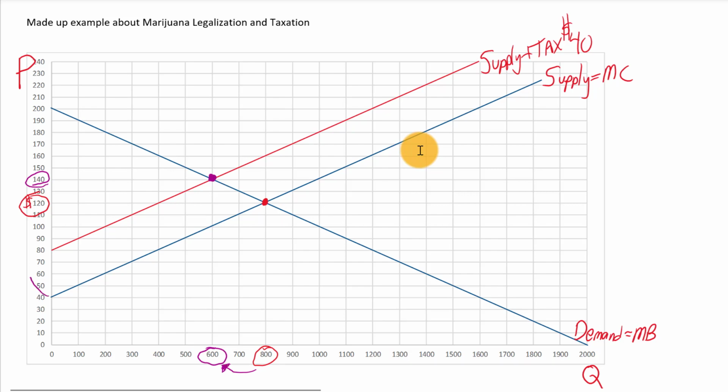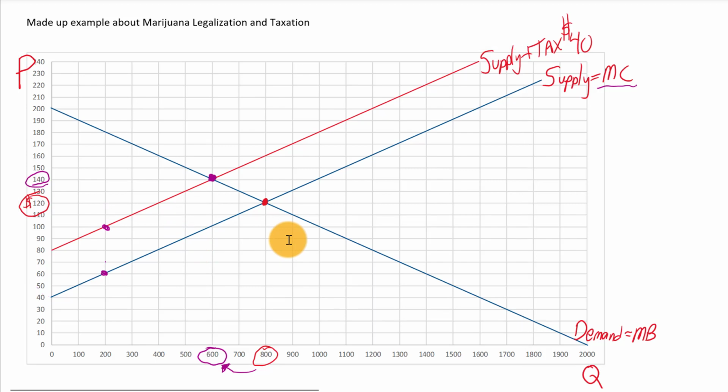Remember that tax, we add the $40 into the y-intercept here, and the reason is that the supply curve tells us the marginal cost, the additional cost of producing one more unit of the good. Well, after the tax, we're assuming this tax is paid by the business, although it really doesn't matter. But if the tax is paid by the business, now the marginal cost is the additional cost of producing the actual good itself plus $40. So all we're doing is adding in $40 to each point, right? So $10, $20, $30, $40 everywhere. That's how we're analyzing this tax.